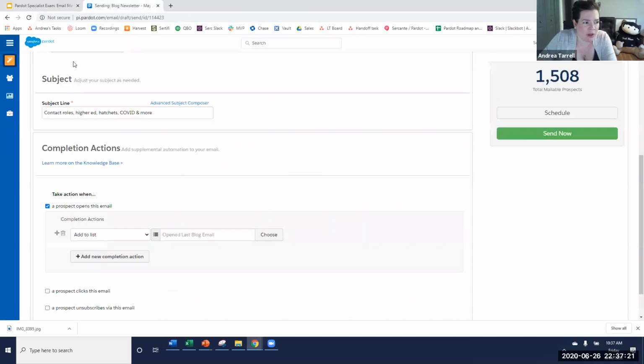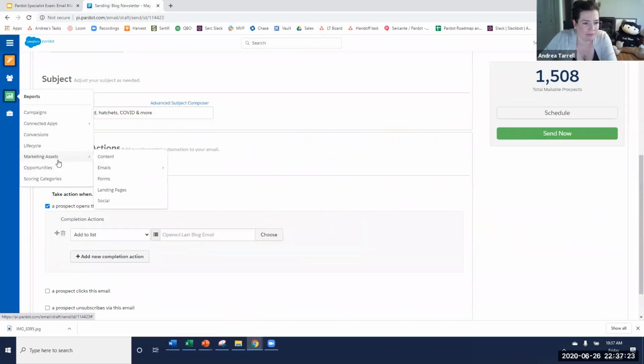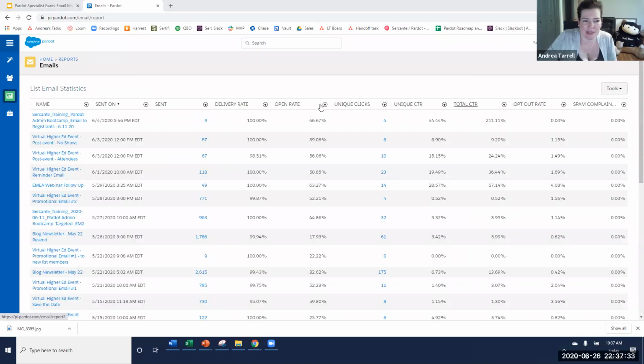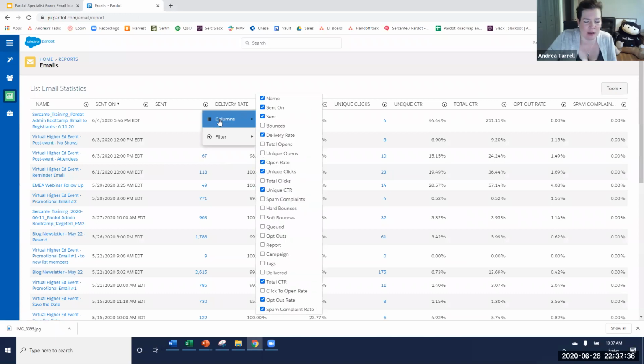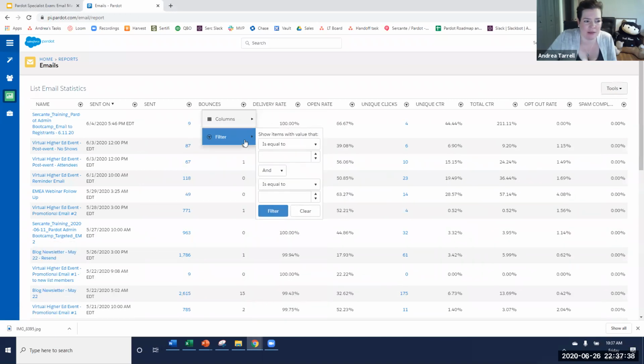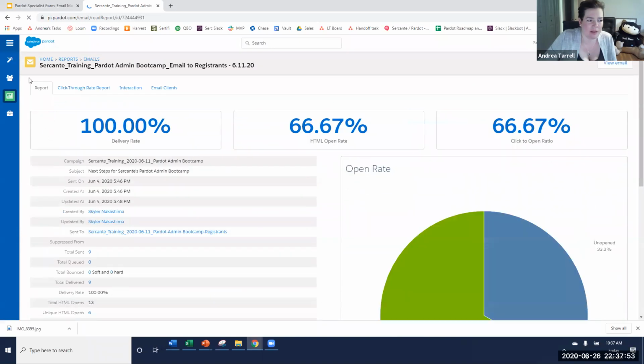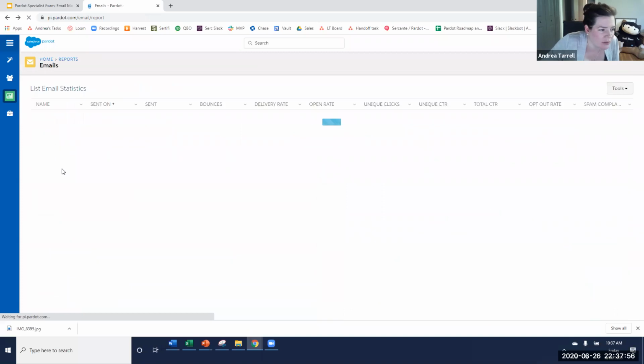And also I'll just pull up a sample of that. So for list email statistics, this is what it would look like in Pardot. And we can customize the headers that are shown here. So if I wanted to see bounces, or if I wanted to filter this in some way, so like things that were sent in a particular date range or that had a particular success threshold, all of that can be viewed here. Actually, that's not a good example. Let's use